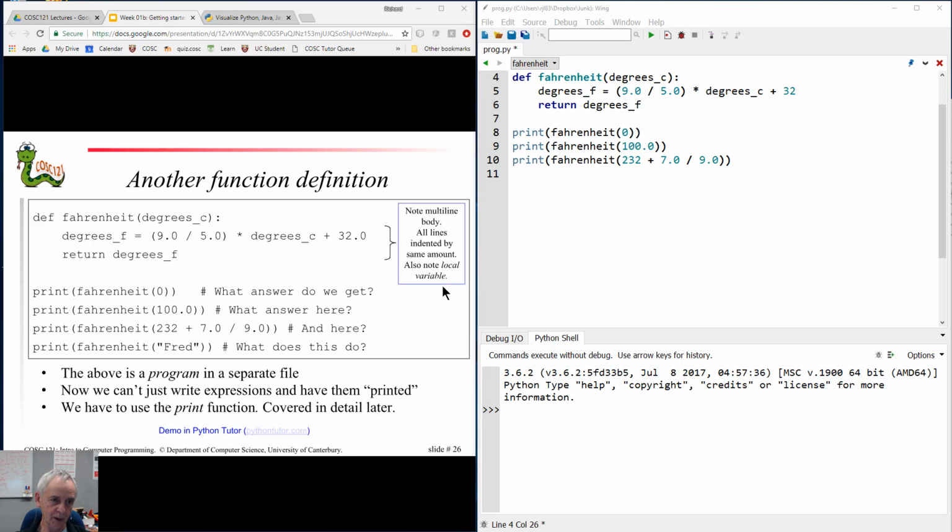So here's a more advanced function definition and some test code. I've copied that all over here into this window. This is my new prog.py. First of all, I'm just going to run it so you can see what it does. It prints three numbers, 32, 212 and